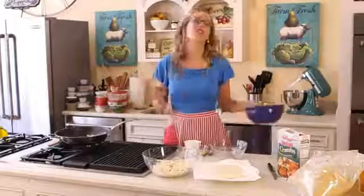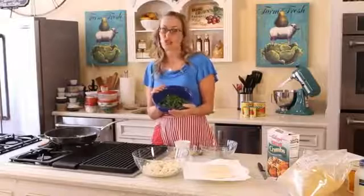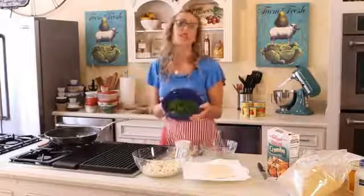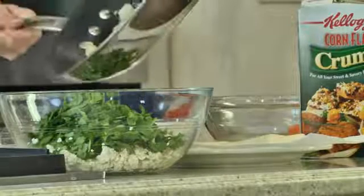So the other key ingredient to this recipe is spinach. Spinach is one of my favorite things to cook with. It's really good for you, and it adds a nice flavor. This is 2 cups of organic spinach. It's just chopped, so we're going to toss that in. So the onion and garlic are done. So I'm just going to